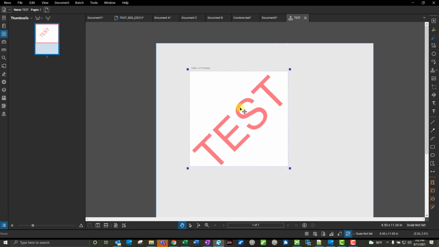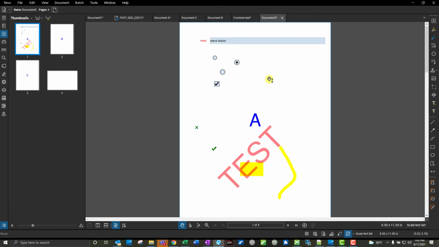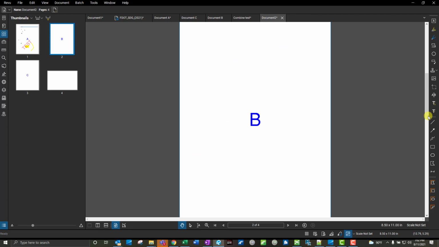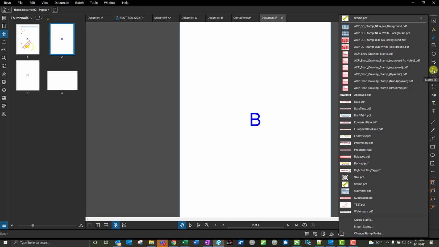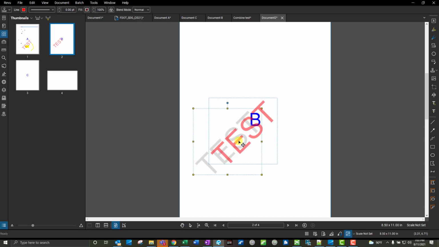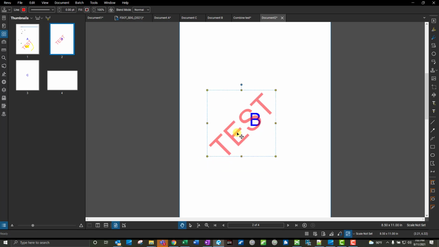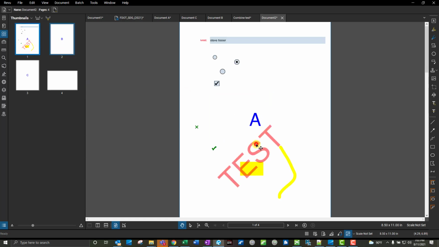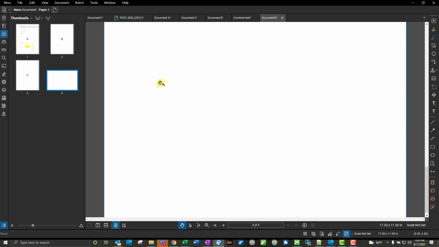So I made this stamp, I got this test here, and that looks good. Now if I go back to this document here, go to page B, and I want to apply that stamp, I go to the stamps and select test, then click somewhere in here to place that stamp, and it's in there. Now I want to apply that stamp to the center of every one of these pages, including this oddball size,